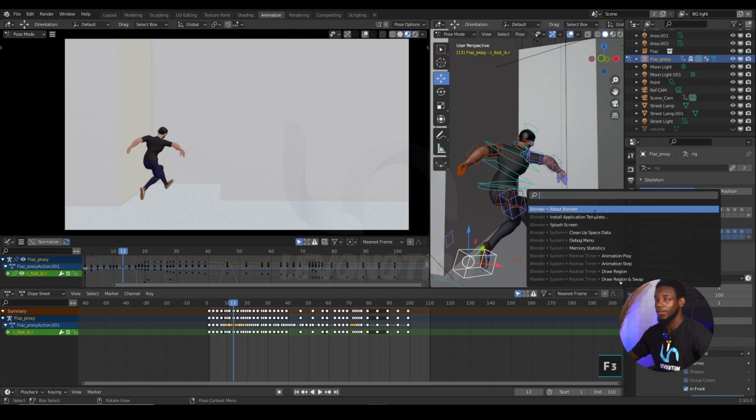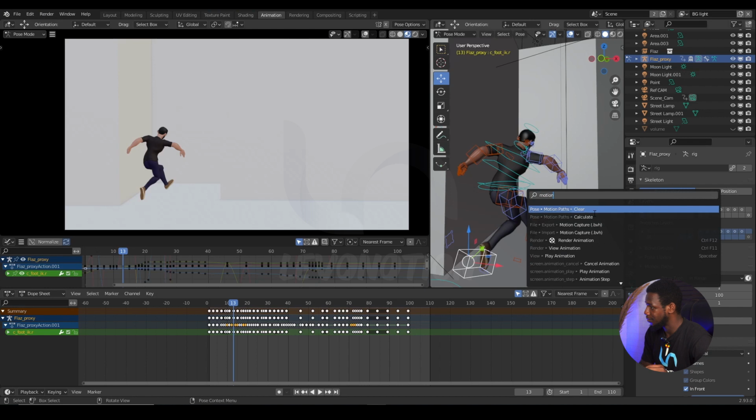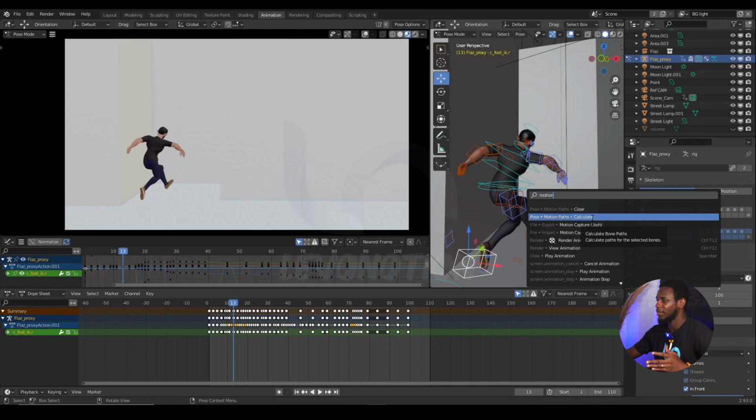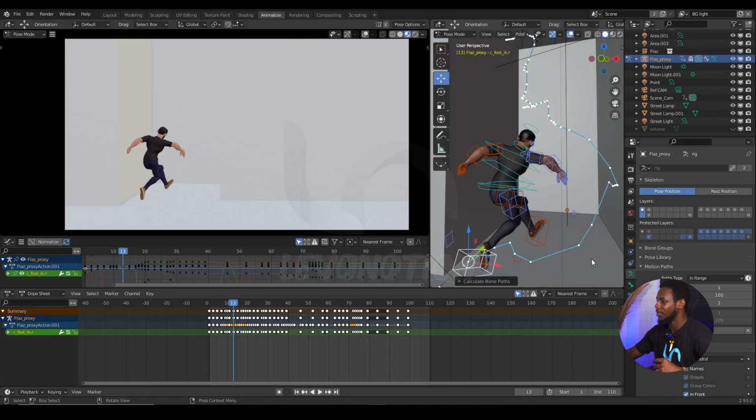By default, you should have something like this, but I'm just going to type motion path. You can see it here, motion path for clear and also to calculate. In this case, I want to calculate, so just click on calculate. Then enter the frame start and end. I'm okay with 1 and 100, so I'm just going to click on OK, and that's all. This is how you create the motion path.